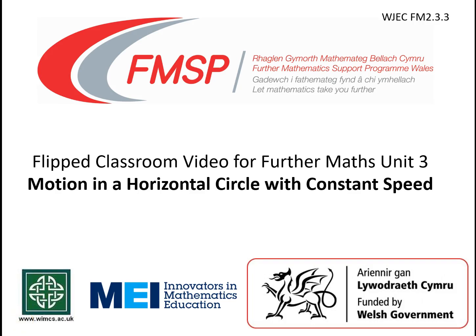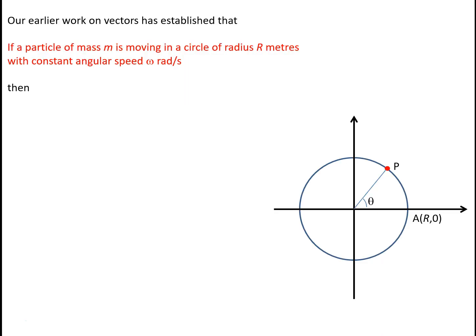In this video, we are going to consider the motion of a particle moving with constant speed around a horizontal circle. Now, in the previous video, we established that if a particle of mass m is moving in a circle of radius r meters with constant angular speed omega radians per second, then the speed of the particle is given by v equals r times omega